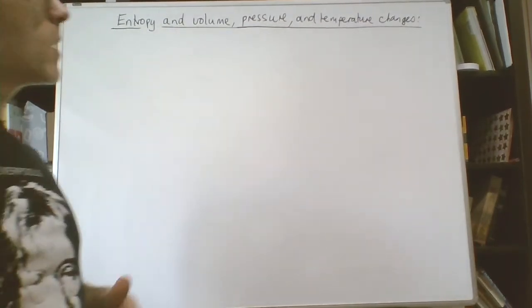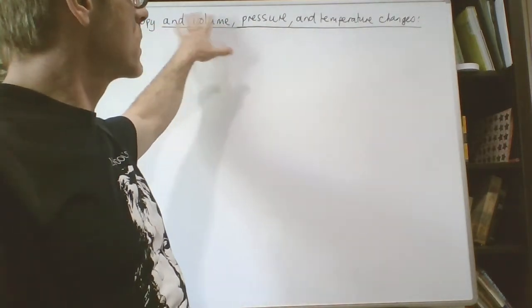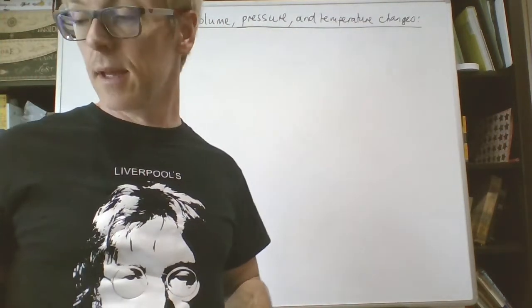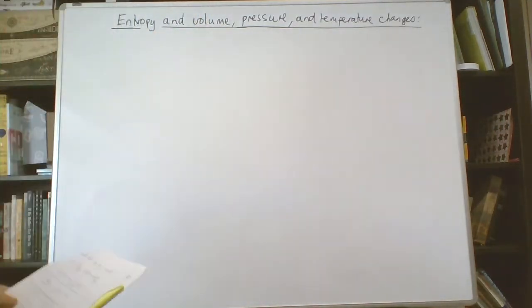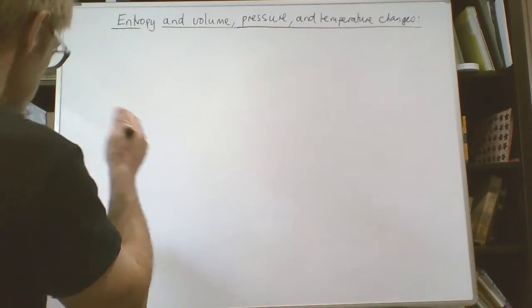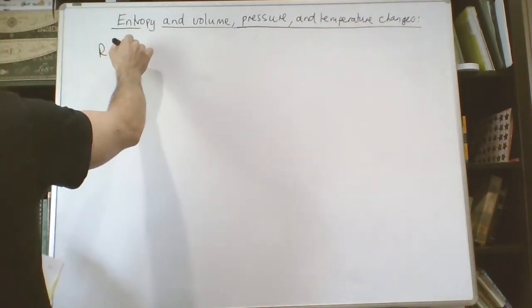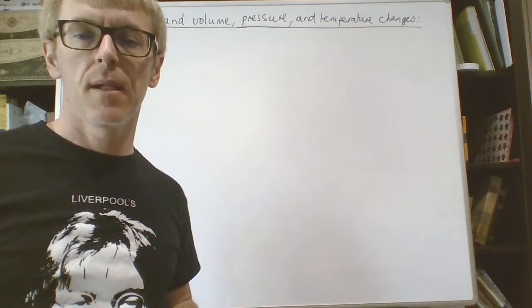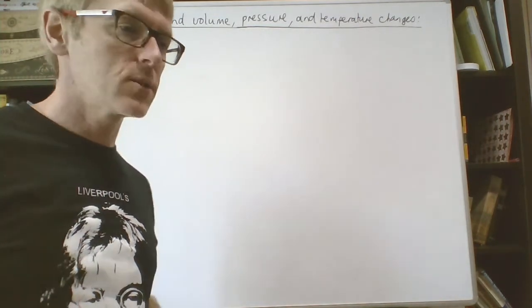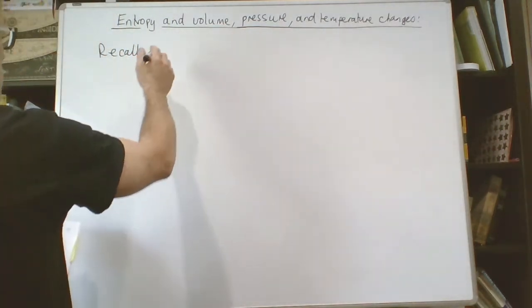So continuing on, we've already looked at the effect of entropy and volume. Now we're going to move on to the effect of entropy and temperature next. It's next on our to-do list. So we're going to recall an equation that typically you see in an introductory chemistry class, but it's also relevant at the general chemistry class level as well. So recall